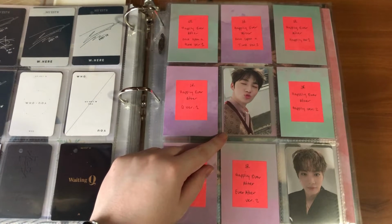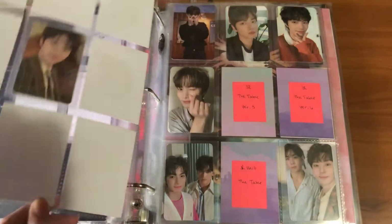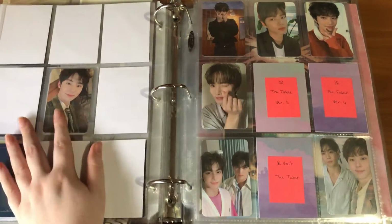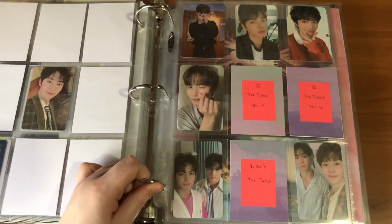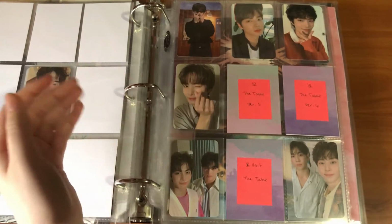But also this Minhyun card is like my favorite thing ever. I nearly cried when I saw that I pulled it. It's so cute. And I also have this one Minhyun card on the back here, just because that's where it fit. And then this is where I'm at for the table, so I have his AR card, 3